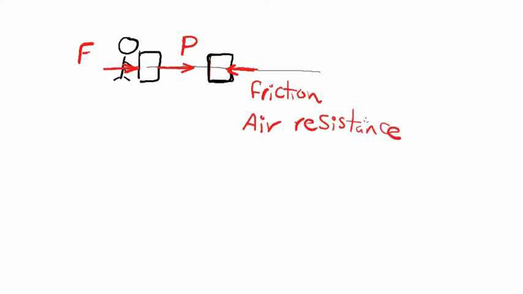So these forces are actually decreasing the momentum because they are acting in a direction opposite to the direction of the momentum. So when forces are applied in the opposite direction of the momentum, the momentum will decrease. Now, in the third case, let's say that you have a friend